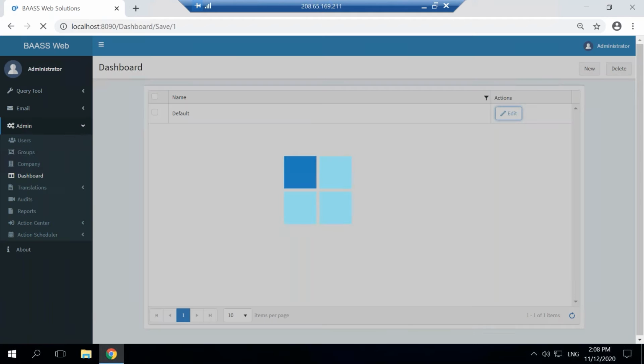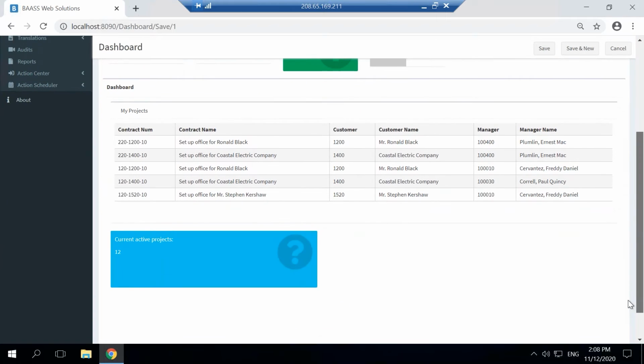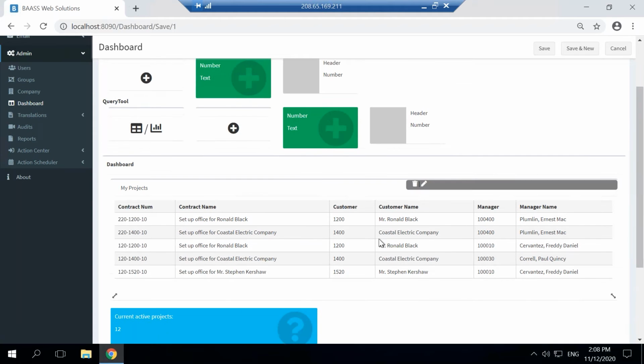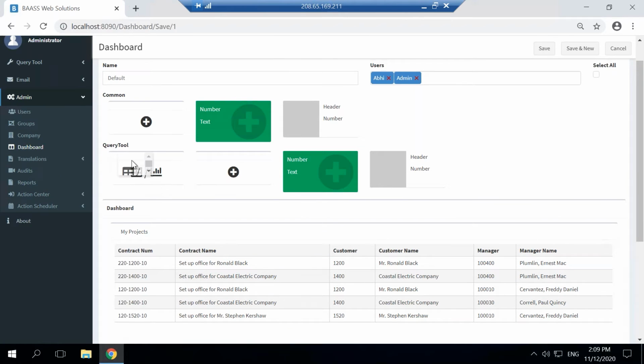I'm going to go ahead and edit. What you have here is basically an editor, or tools that are available to design your dashboard. And down here, you have a preview of what your dashboard will look like. This is simply a query that I have brought in from my query list into the dashboard. If I wanted to bring in another, let's say a list of employees, all I do is click this icon that says query tool,